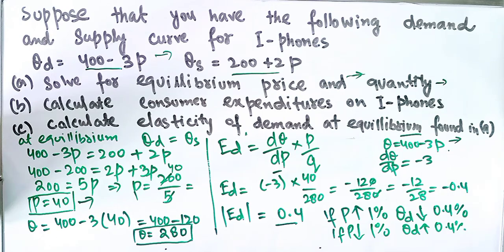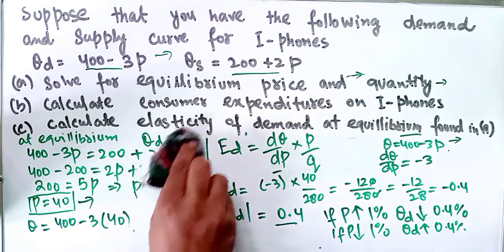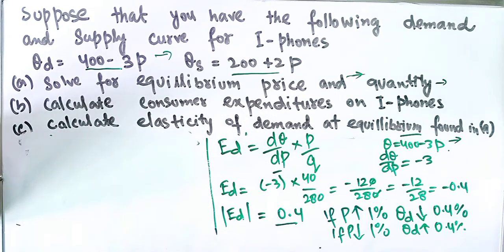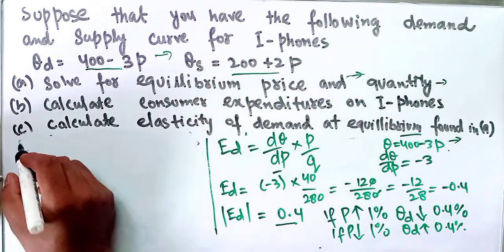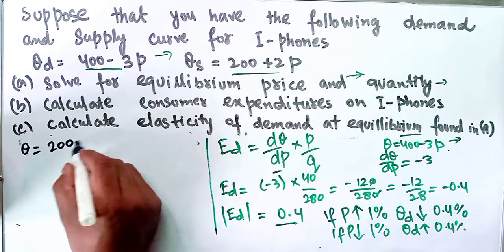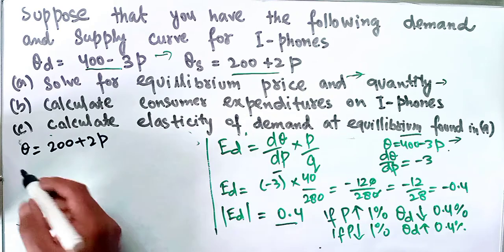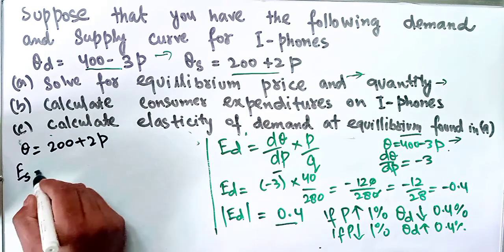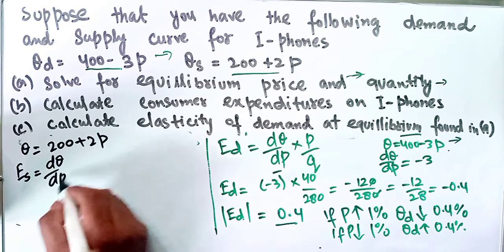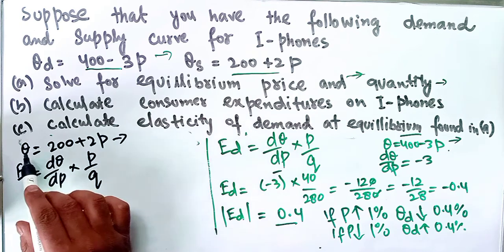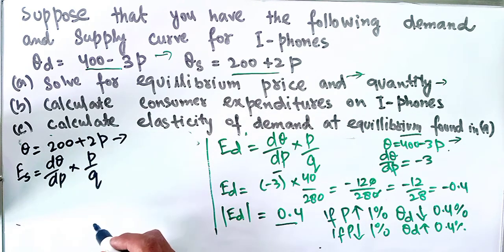Similarly, we can here find the elasticity of supply. If we were told to find the elasticity of supply, I will show you how to find the elasticity of supply also. So we just take this supply function, that is q is equal to 200 plus 2p, and if we were told to find the elasticity of supply at equilibrium, then elasticity of supply would be simply dq divided by dp times price divided by quantity. Here dq divided by dp, we have to differentiate this supply function with respect to price,